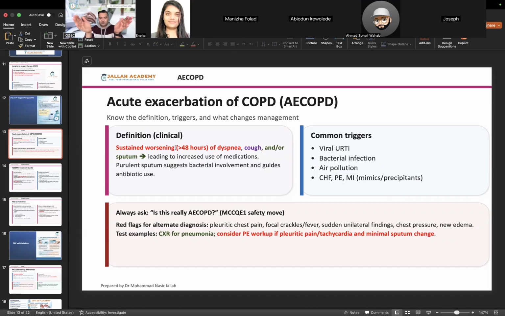So you have COPD, but in the last 48 hours it is getting worse. Remember, even if you don't have the sputum, if these two, cough and dyspnea, are getting worse, you still have the